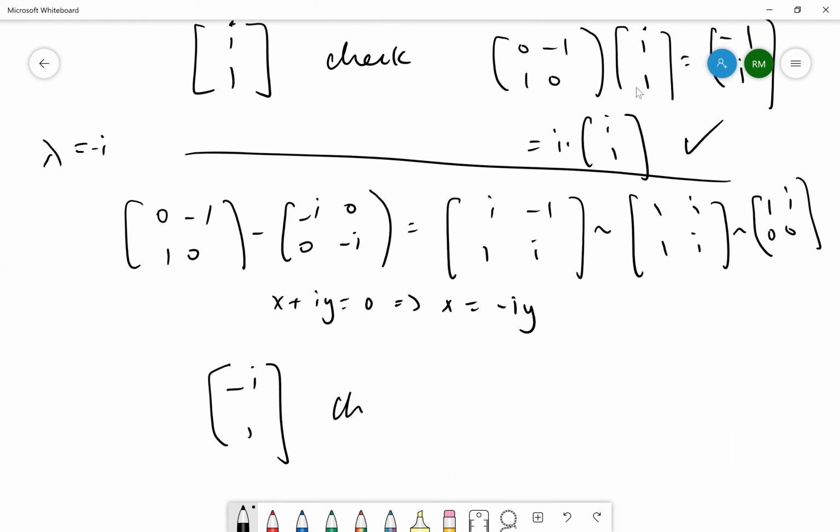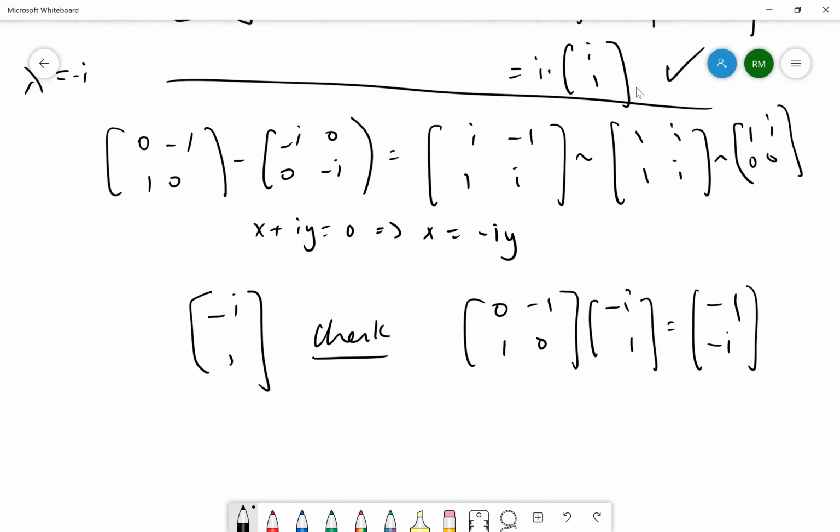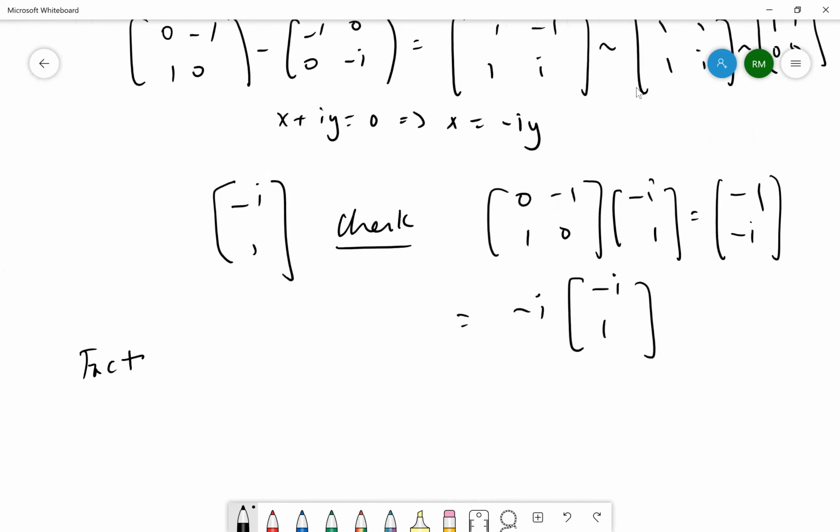And let's check. So negative 1 over negative i. So this is negative i times, that's (negative i, 1). So some important facts to know are that i times i is negative 1, so i is negative 1 over i. Negative i times negative i is negative 1, so negative i is negative 1 over negative i. All right, so we found the eigenvectors,